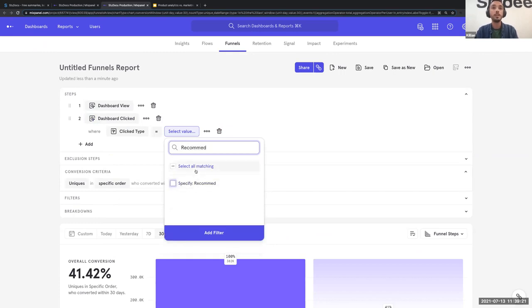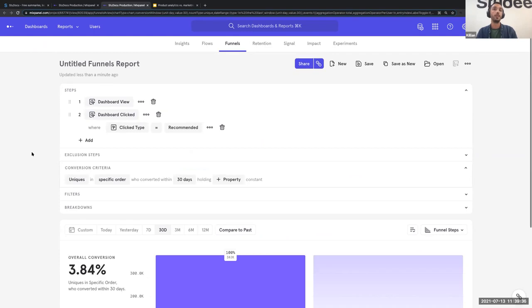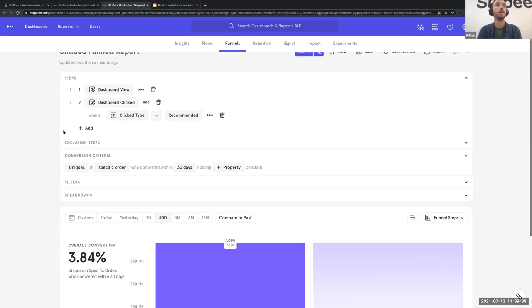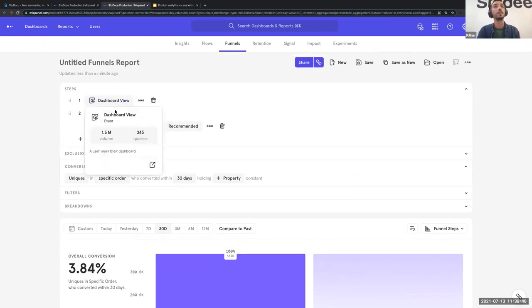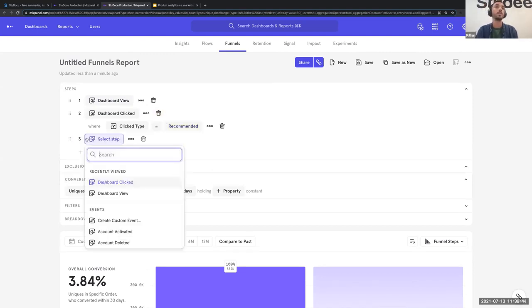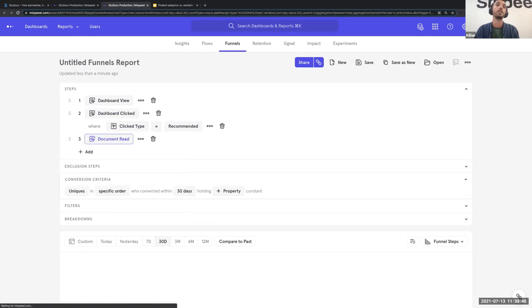And here you can see that you can pull any report within a few clicks, really. It's really easy and anybody can do it, which is super convenient. When you compare to querying your database with SQL, for instance, it's way easier. And yeah, everything is made easy by Mixpanel. So here we're looking at dashboard view, and then clicking on the recommendation, and then actually reading that document.